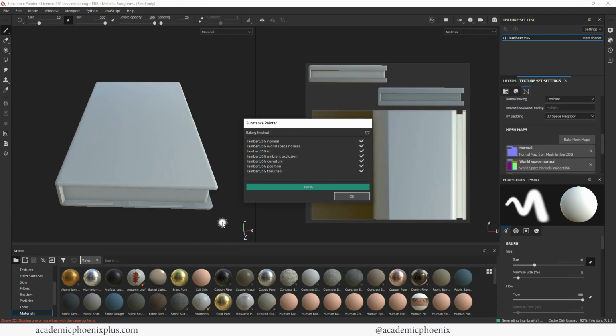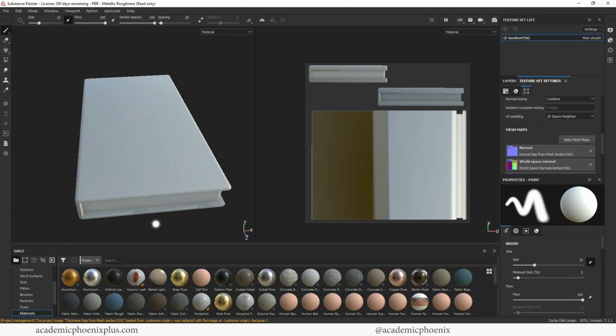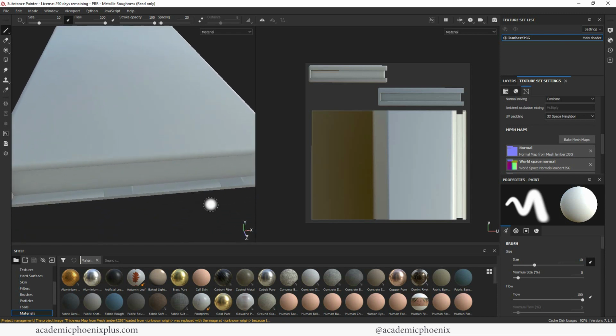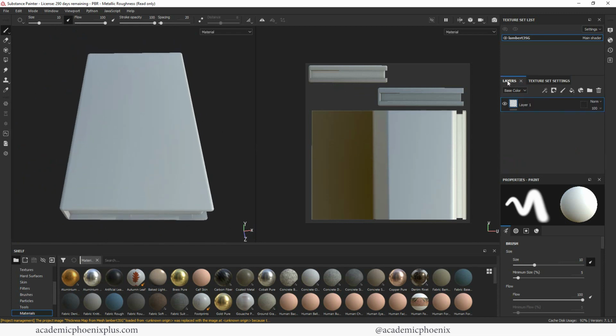And just give it a second while it does its thing. All right, now that we have our maps, there is a little bit of an issue here, and part of it is because the UVs are a little stretched, but we're going to still work with what we have. Okay, so now that we did our texture set, let's go back into layers,